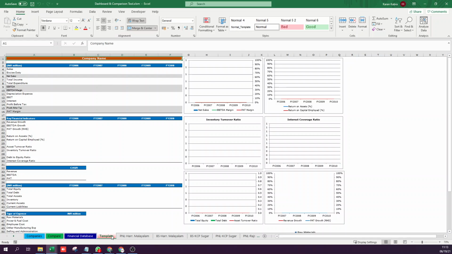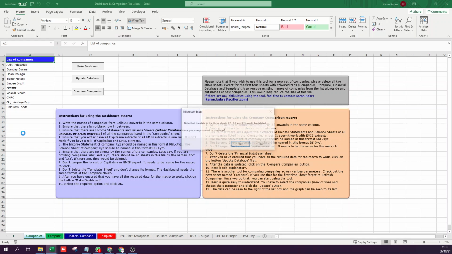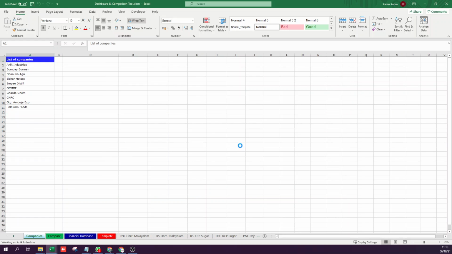So I've created the template and I want the dashboard for all of these companies, and the data of all these companies is here in different sheets. So it is in the process of forming new sheets and filling the data in the template format.